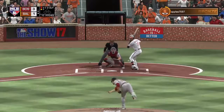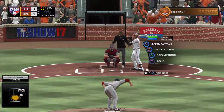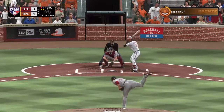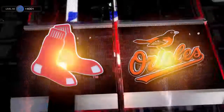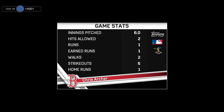A 1-1 count. Here's the pitch. And he swings and misses on that one. And now the Orioles are down to their final strike here. Swing and a miss. He struck him out, and that'll do it here as the ball game is over. Well, we watched a really solid starting pitching performance, kept the